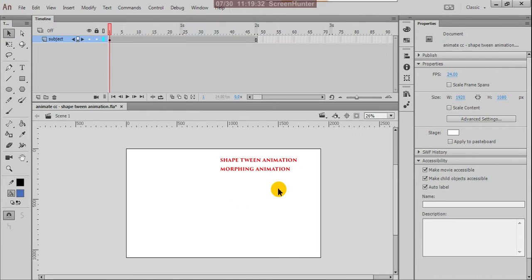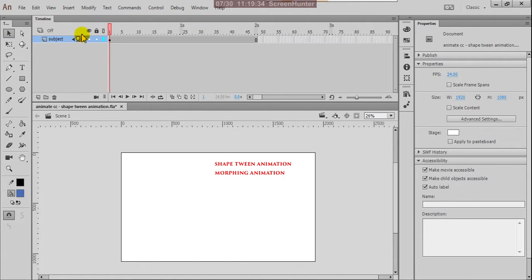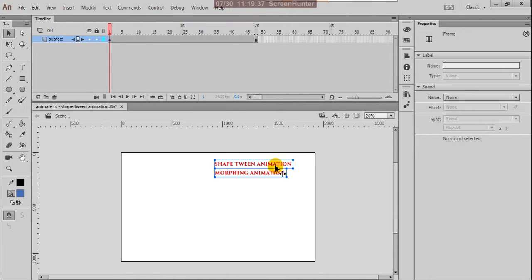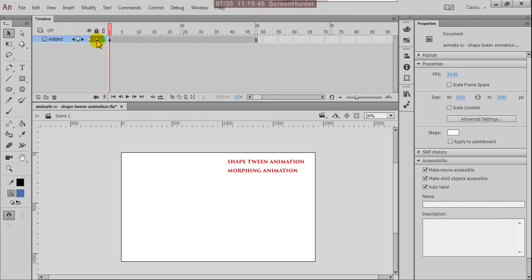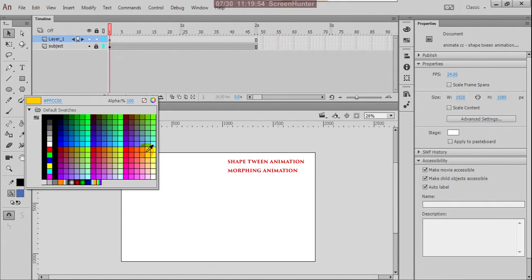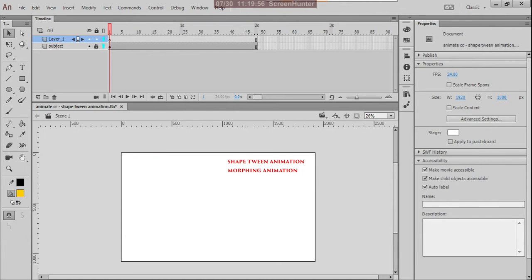So both are the same. Okay, lock this one, create a new layer. Here you can mark your objects, shapes, and your text in this animation.